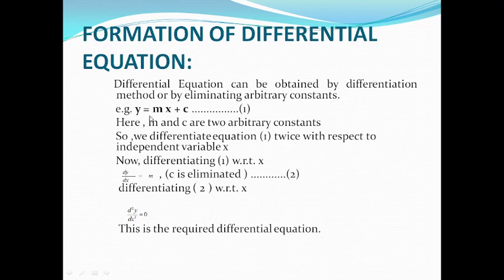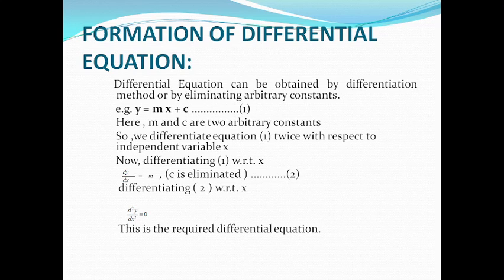First of all, we suppose the given equation y equal to mx plus c. It is an equation of a straight line. Here m and c are two arbitrary constants, so we have to eliminate these two arbitrary constants. For this we have to differentiate this equation twice with respect to the independent variable x. So first, when we differentiate it,